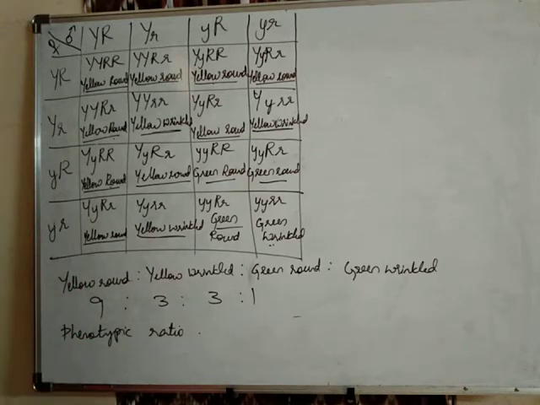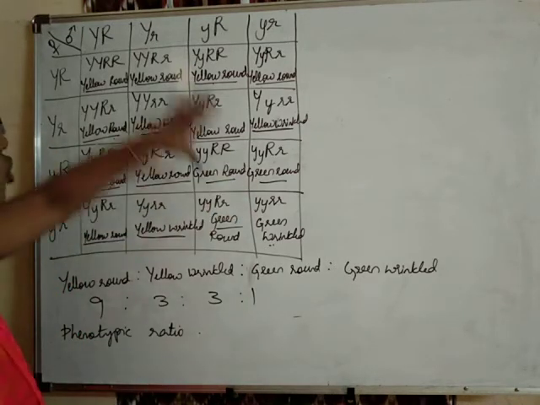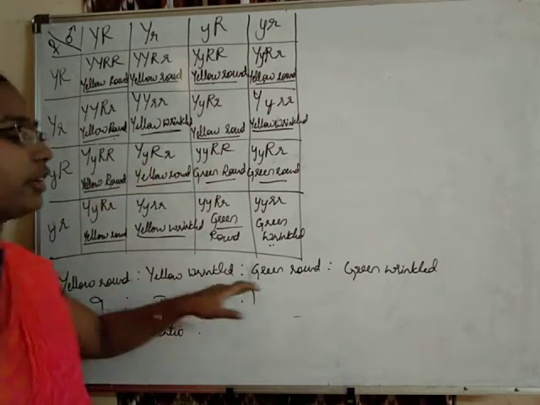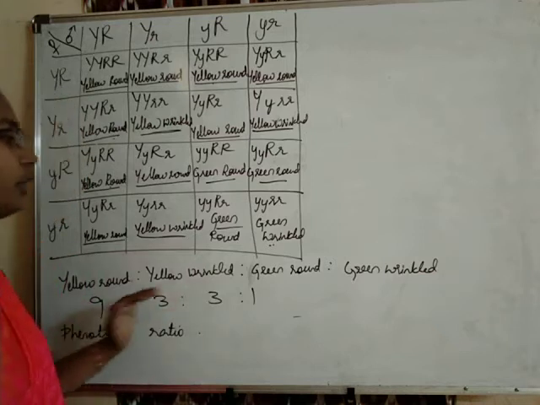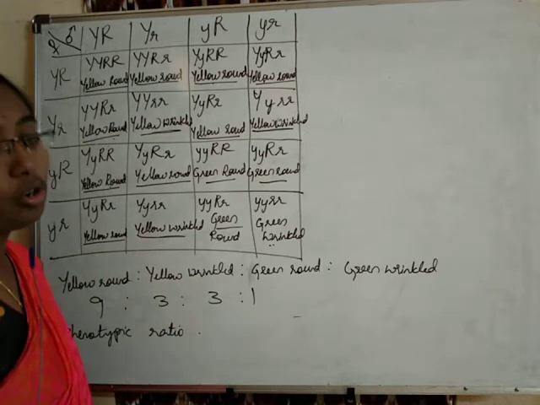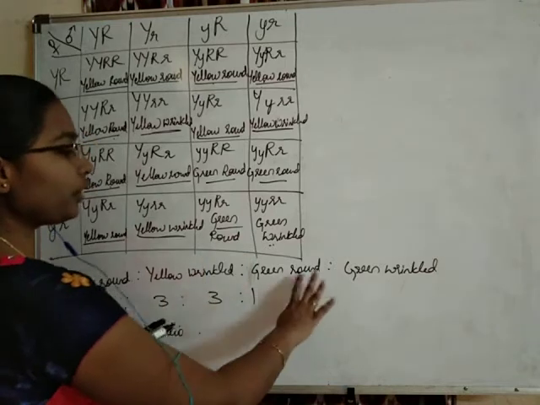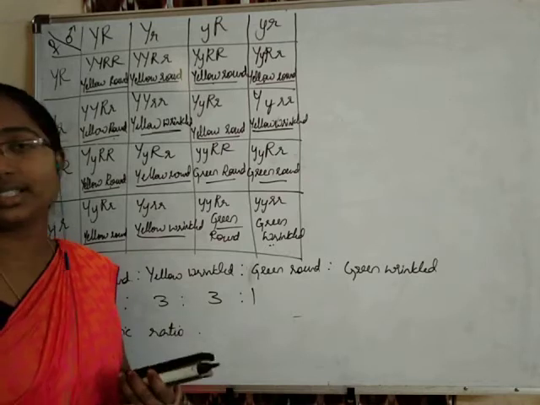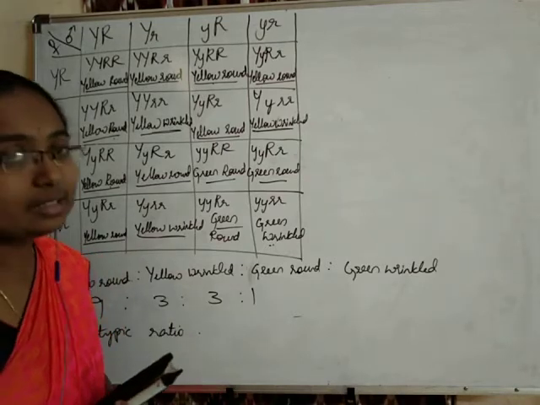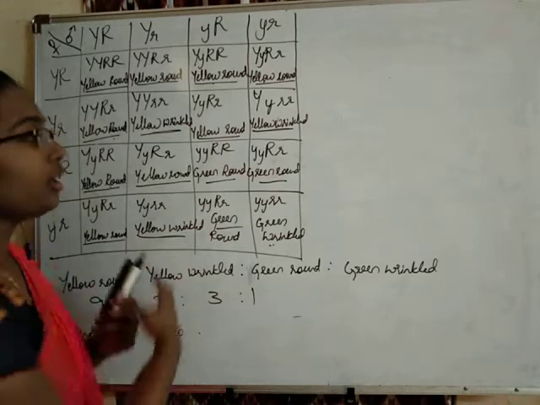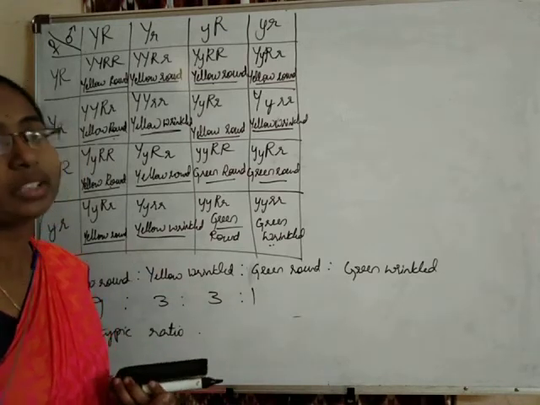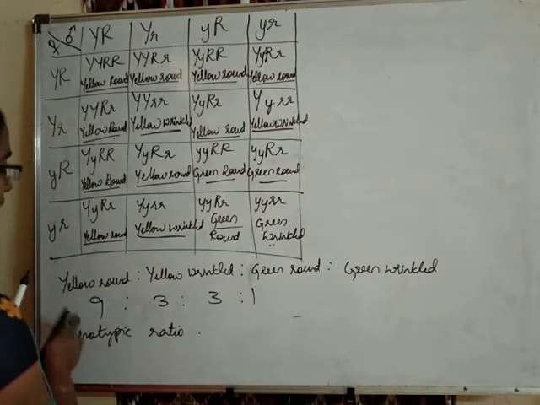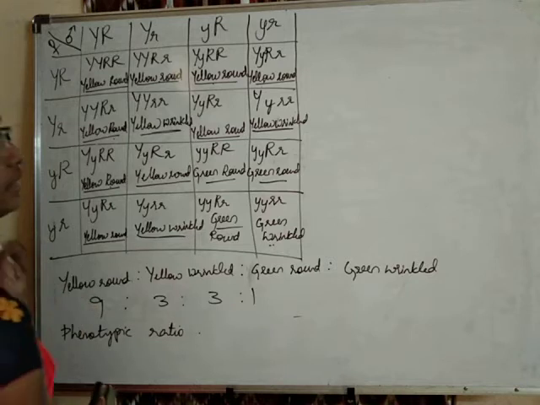Okay. So students, here we have seen that there are totally 16 squares, but they are showing only 4 different phenotypes, right. It is not like there are 4 phenotypes, so there are only 4 genotypes, or that there are 16 squares, so 16 genotypes. It is not like that. Now let us see what types of genotypes are present in this dihybrid cross. Let us observe. So we have now got the phenotypic ratio. Let us see the genotypes.